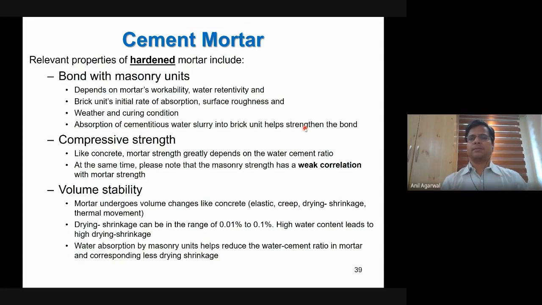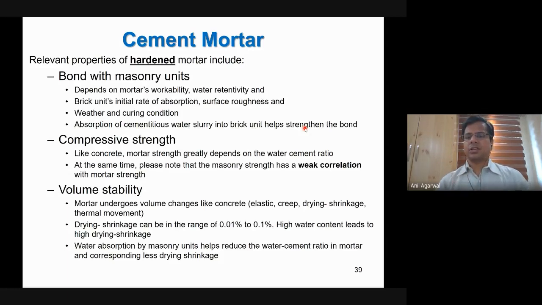So creep deformation, it is like what happens. Let's say I take a block of mortar, a square cube of mortar, and I apply some load on it. Elastic deformation means if the load was 0, deformation was 0. When the load increased to 10, deformation also increased to 10. Let's say there is a 1-to-1 correlation between force and deformation. Now you maintain that force at 10, and the deformation will stay at 10 forever. After 2 years, you come back, you remove the load from 10 to 5, and the deformation becomes 5. That is elastic behavior.